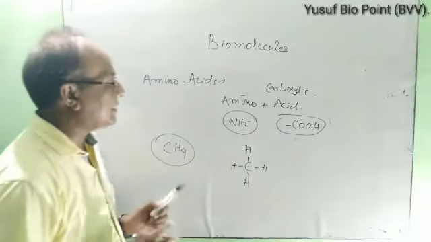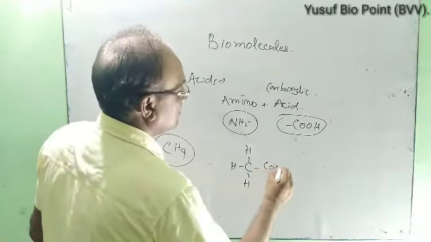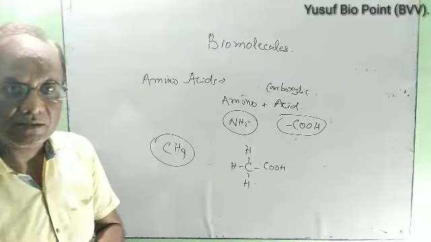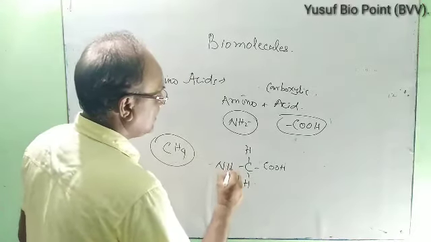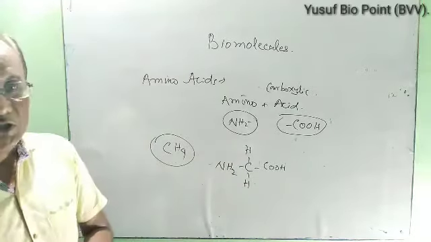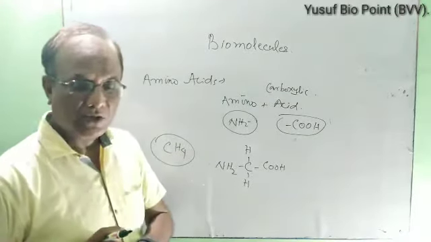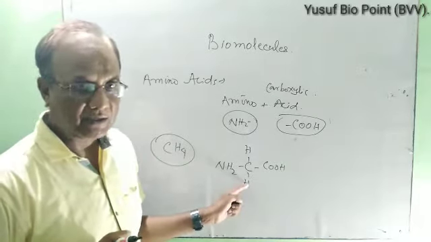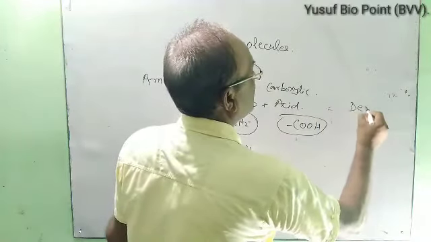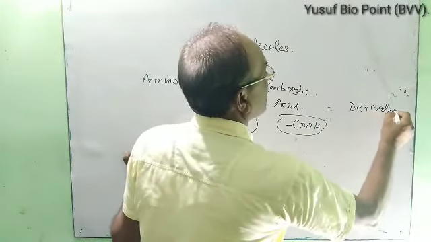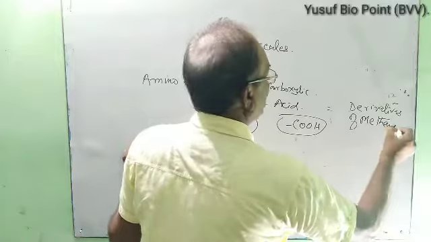Now you see that if you add H, COOH, and this amino group NH2, it becomes an amino acid. Understand? So we can say that amino acids are derivatives of methane,